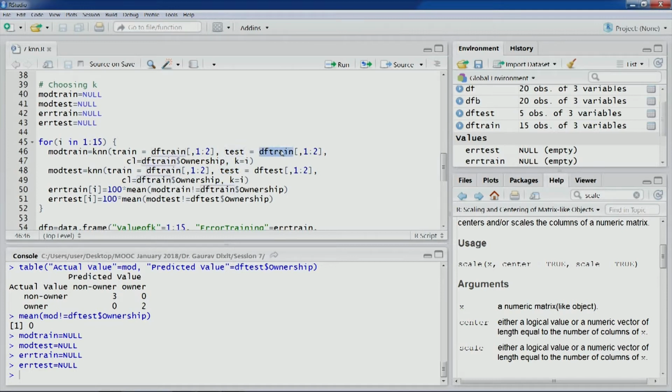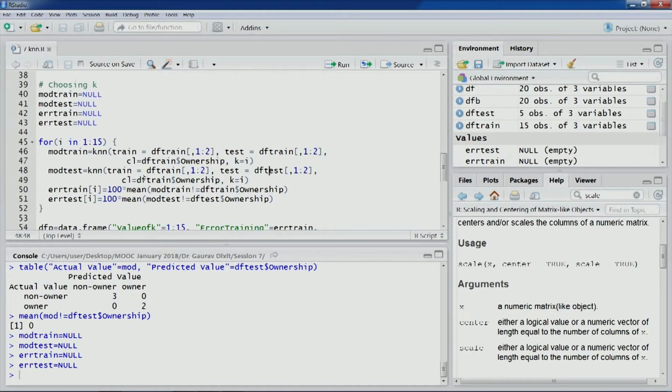Here it is df train. So we are building the K-NN model on the training partition and then scoring the observations of the training partition itself. In the second line of code, we are building the K-NN model using the training observations, which essentially means identifying k neighbors, and then scoring the observations belonging to the test partition.